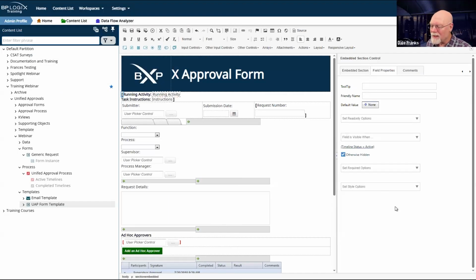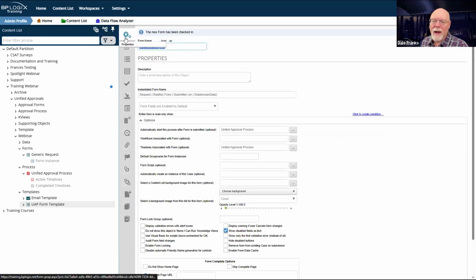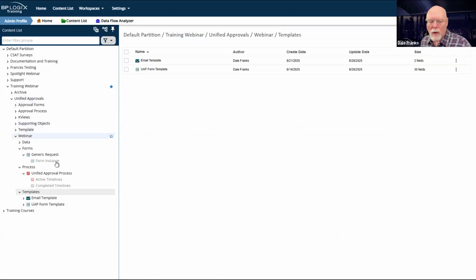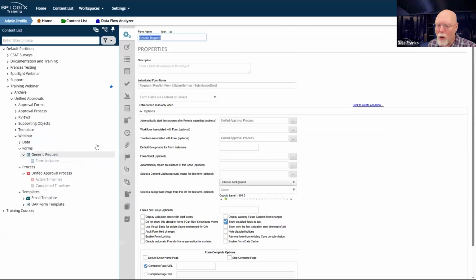And then we're going to set this to otherwise hidden. So the next time we import this, this will be set correctly. I should have noticed that while I originally did my testing, but clearly that fell through the cracks and I did not notice that I was displaying that section with the task instructions and the running activity name before the form was even submitted.